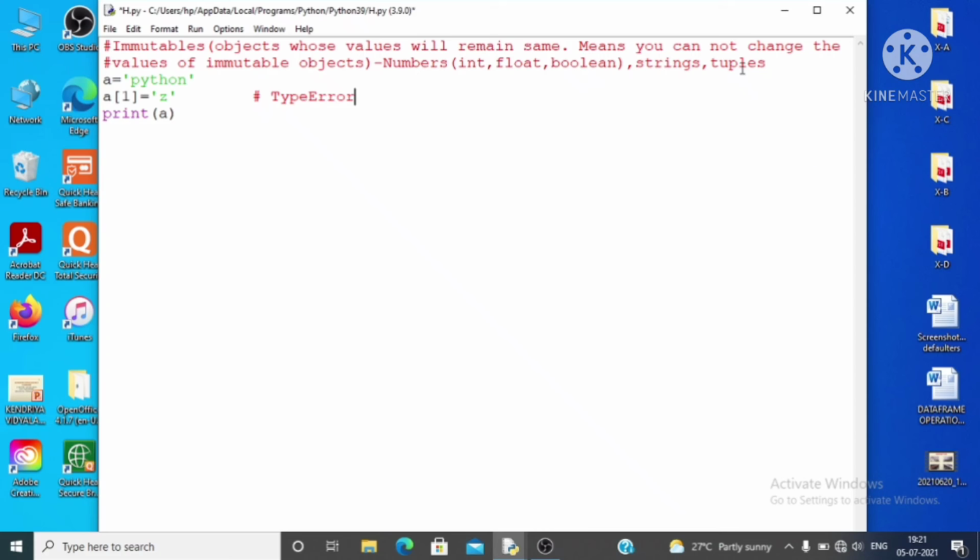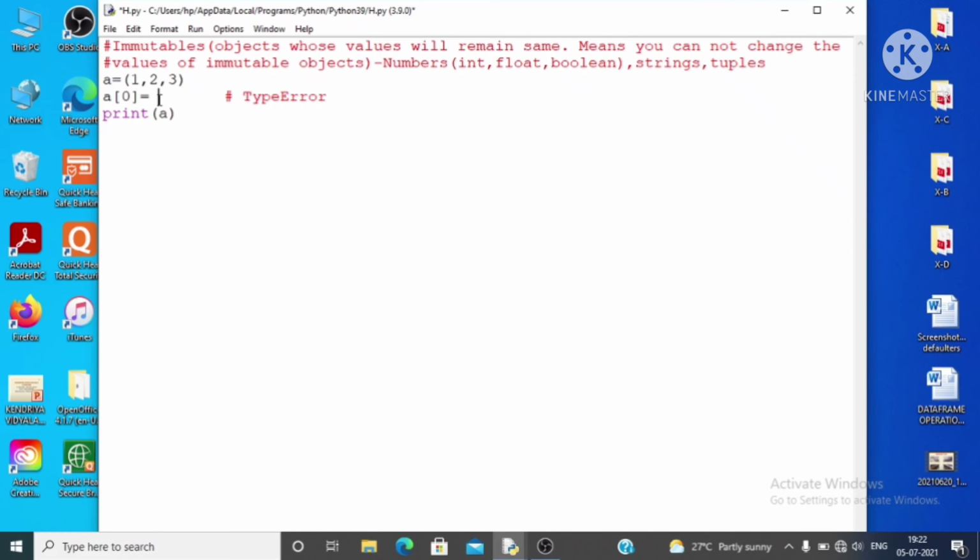And now a similar case applies to tuples. So in place of Python, if you take a tuple, use parentheses, and let us assume the tuple has 3 elements, 1, 2 and 3, and again you want the first element to be 10, meaning instead of 1 you want another new, updated value 10.